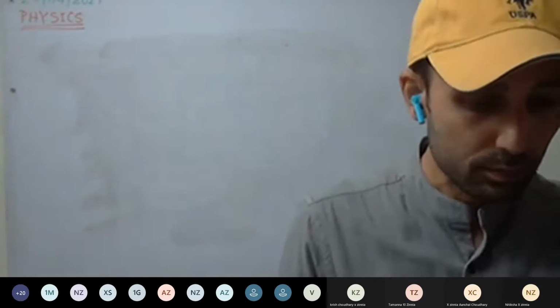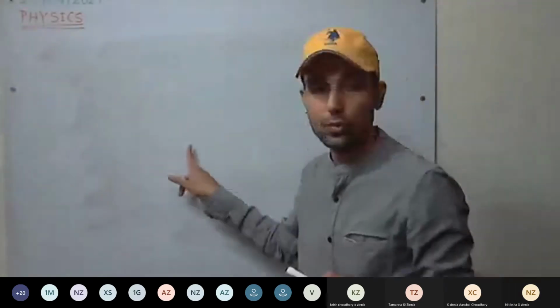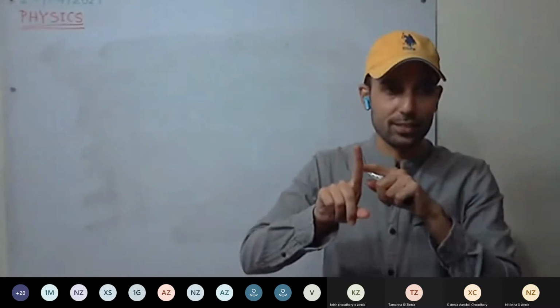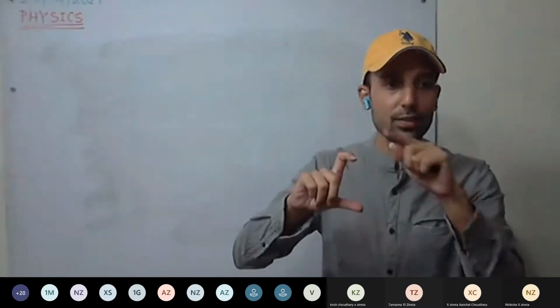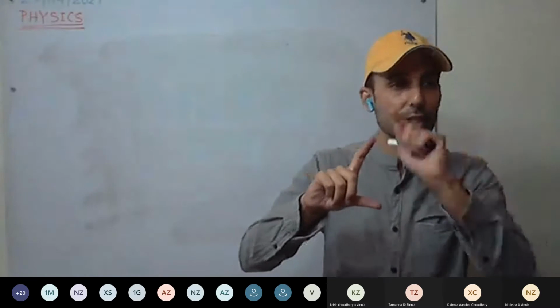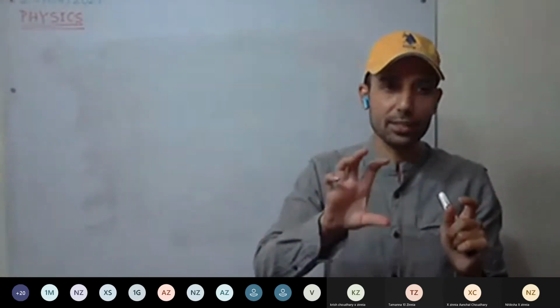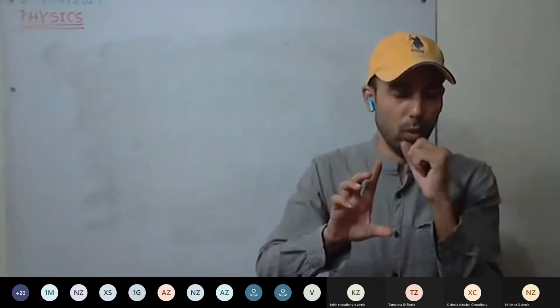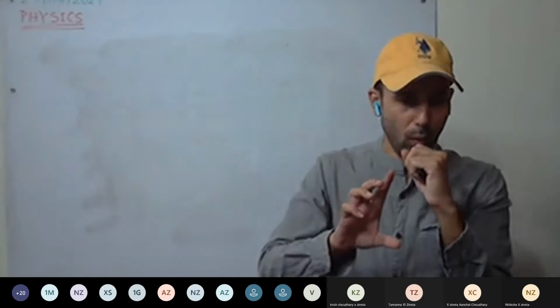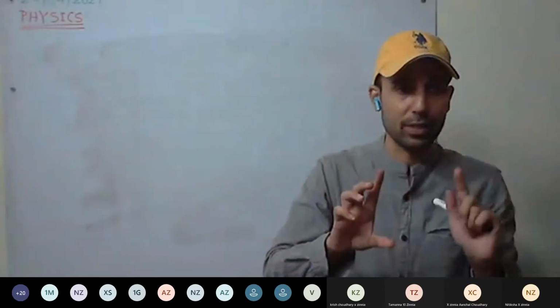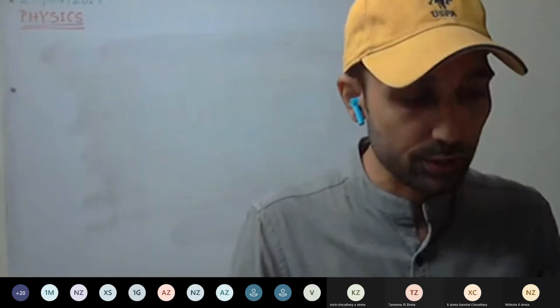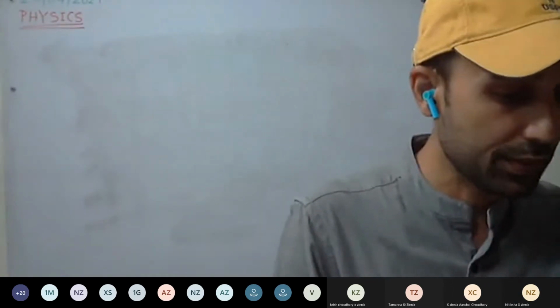Okay, sir. And whereas the voltmeter is connected in parallel, so current should not pass through it. It is connected in parallel, so we should not disturb the path of the current. So the voltmeter should have the highest resistance possible. Very, very little current must pass through the voltmeter. Okay, sir. Thank you, sir. This is a very important concept. Always remember. In 9th class as well, we will discuss this one.